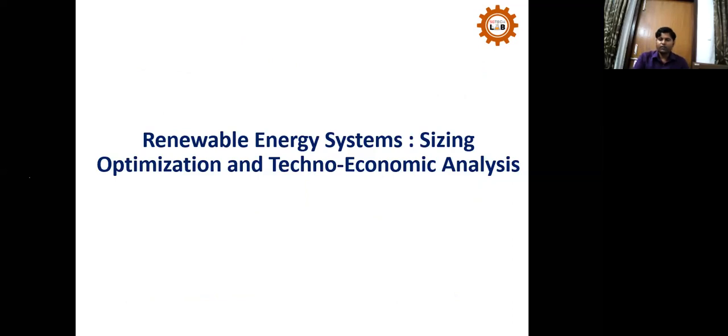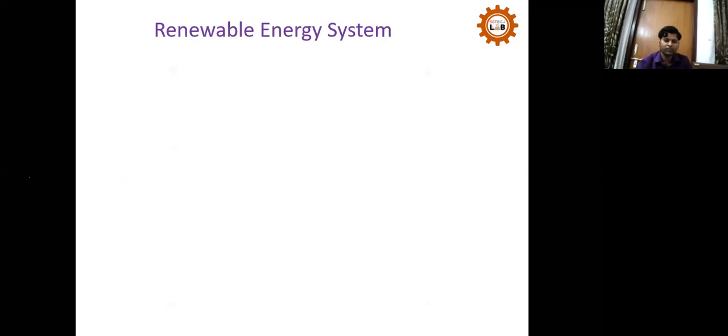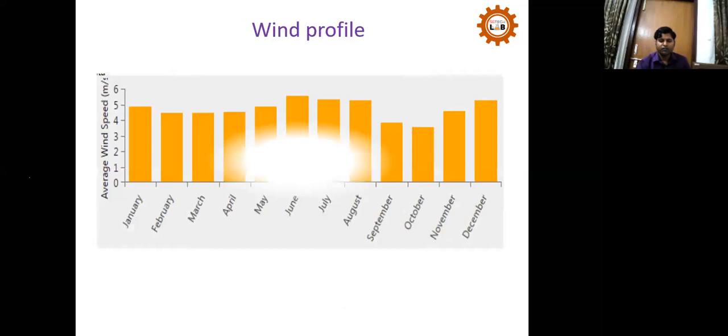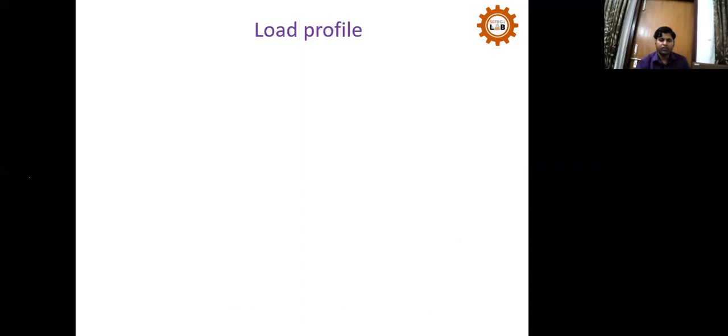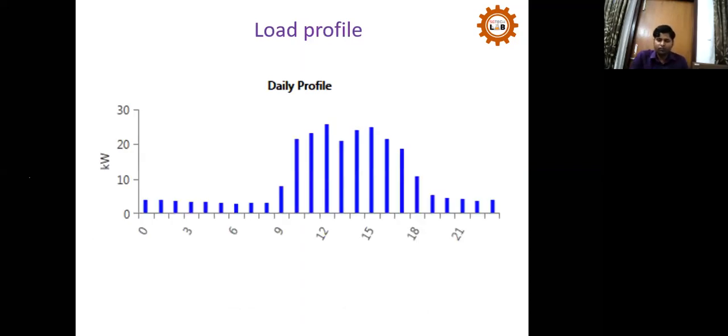So, sizing optimization. It is not only the size of the battery, but also the size of the solar panels' capacity, how much it will be, or how much the wind turbine capacity should be, or the other converter and inverter which I talked about earlier. What should its capacity be, and the capacity of the battery, and what will the cost be. So I'll be talking about this. I will just go through one example, one case study. This is the requirement of one building example.